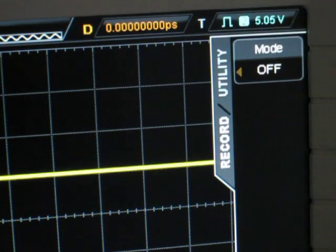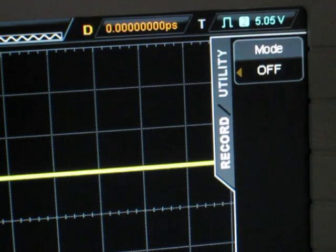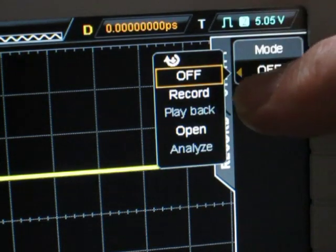Another feature I wanted to point out that's quite nice on the DS2000 series is the waveform record utility. Now the 1000 series has the ability to record frames by specifying start and stop frames and so forth, and so does other low-end DSOs, but the DS2000 series has expanded very nicely on these options. One of the ways it's expanded is it now has a mode,